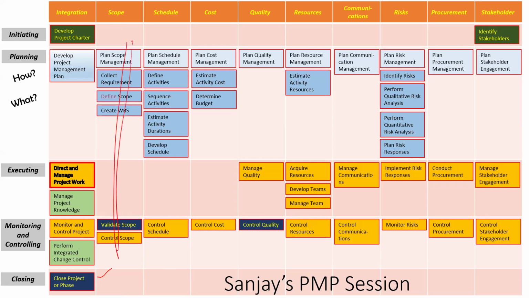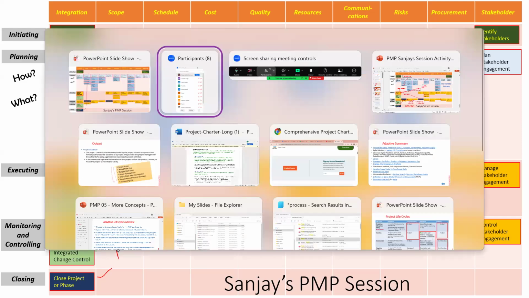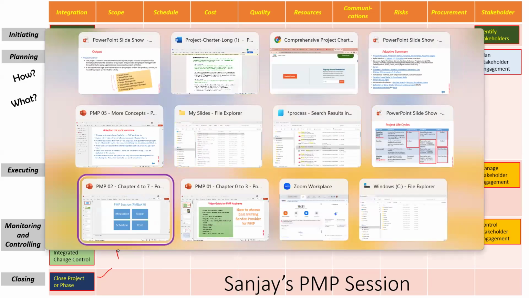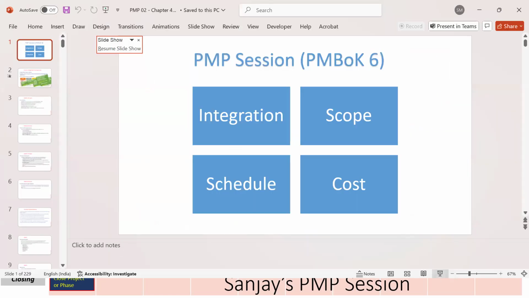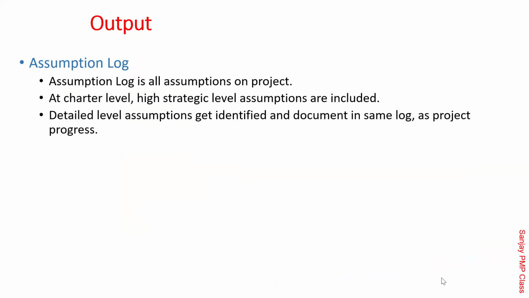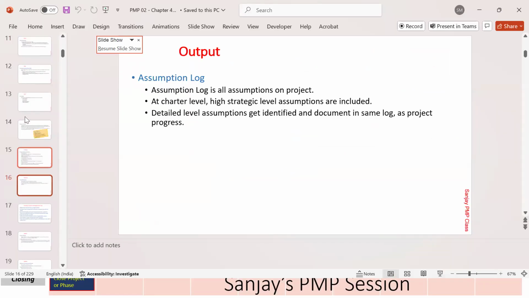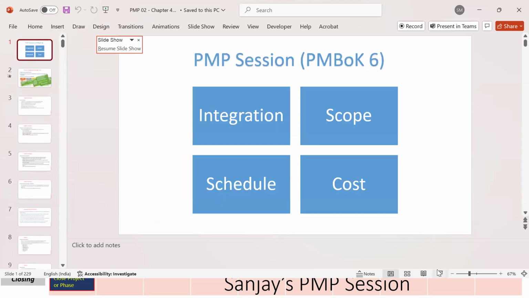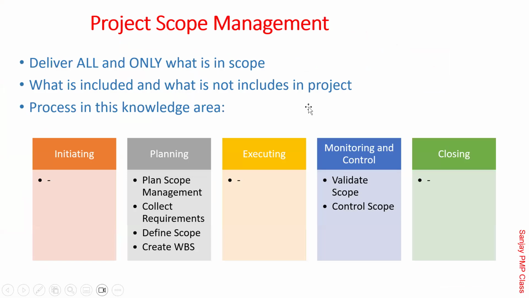So that was an overview of the scope related processes, and having said that, now it's time to go ahead and understand these processes in detail. So that's where I am entering into the scope chapter. Let me go back to the title, and from there I will come into the scope chapter. Project scope management, chapter number 5 in the PMBOK, is what we are going to learn now.